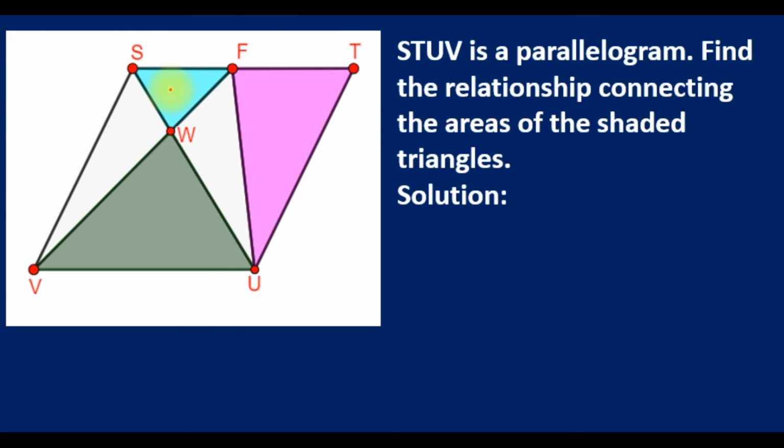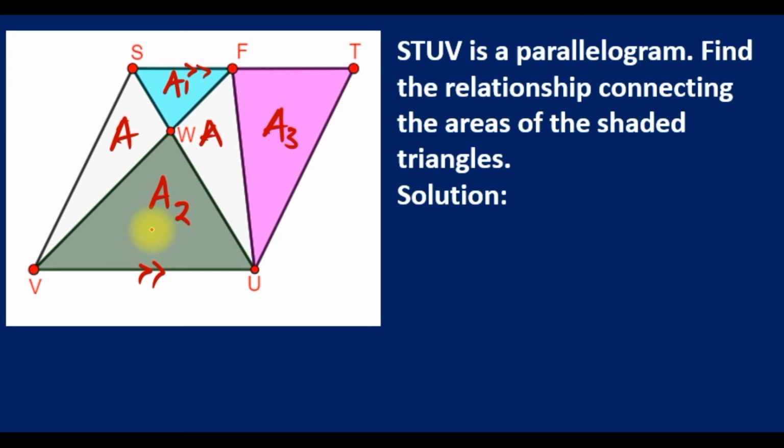If we call here A1, we call here A2, we know that here is A, because they say it's a parallelogram. So this is a trapezium because the sides are parallel. So this is A, A1, A2. If you call here maybe A3,